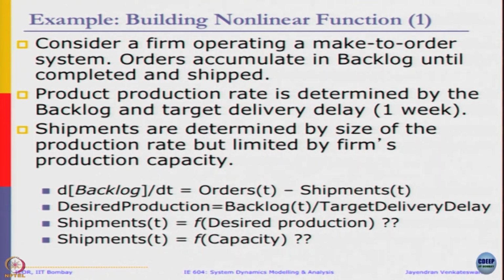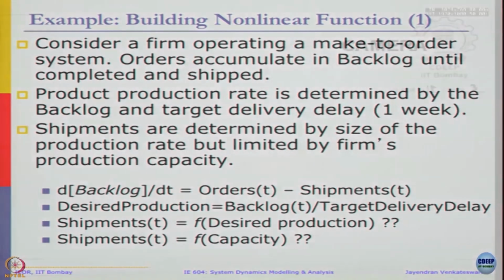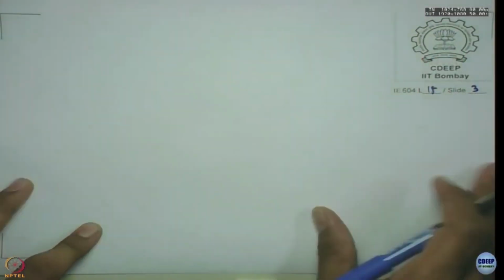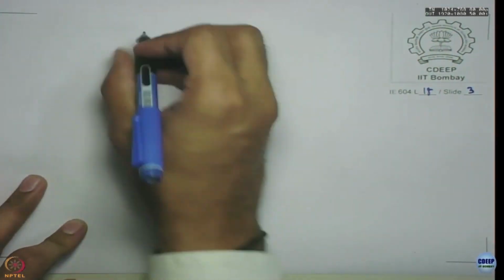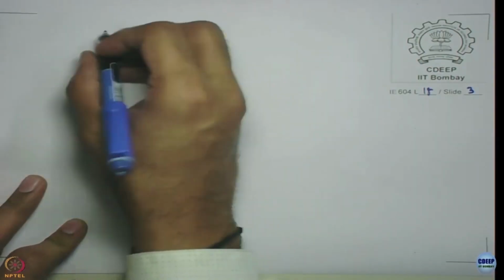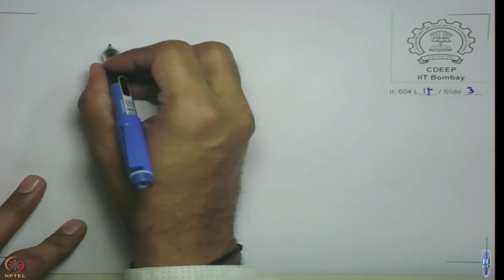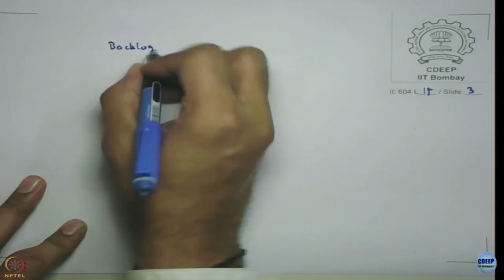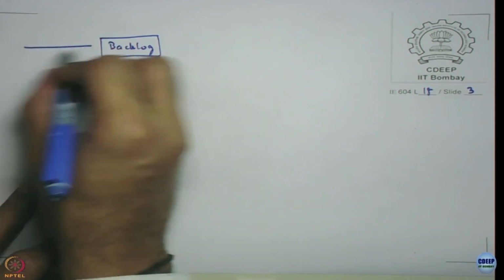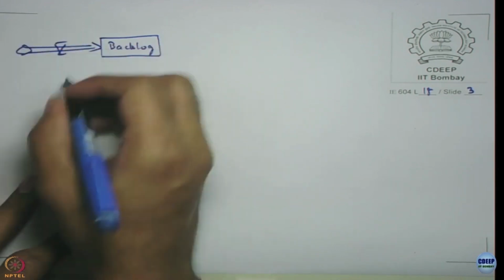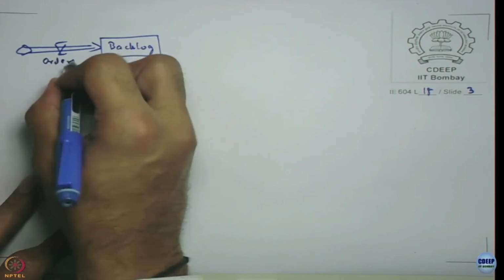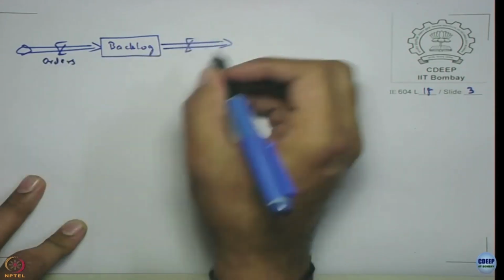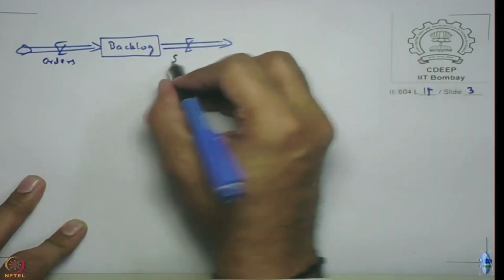So that's what we are going to do, and we are going to follow the same steps that we saw in defining this. First, let us draw this example. So let us get a stock flow visualization of the model. Let us go with something very familiar, so let's stick to that. Orders come in, shipments,